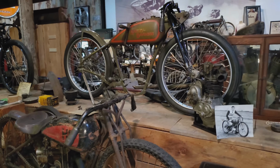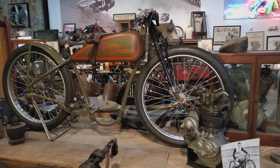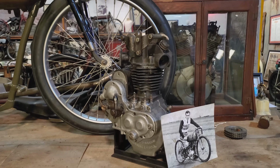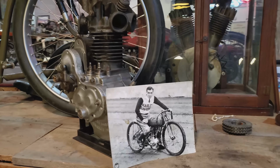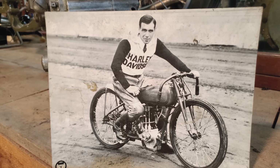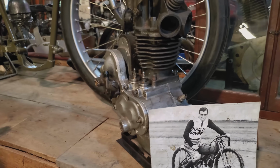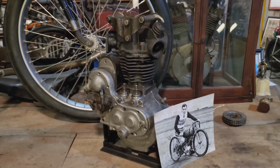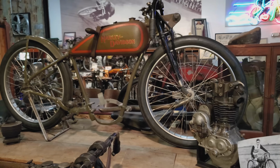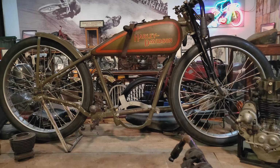Up above, 1932 model SA Peashooter. Okay, so this machine is really one of the more storied bikes inside of the museum, raced by Joe Petrali, HD's kind of head go-to guy in the race department in the early 1930s. This bike is serial number 1. It's the first one off the line from 32 out of kind of an unknown amount produced. So very rare machine, and hope to have this bike finished up for you guys to come check out sometime